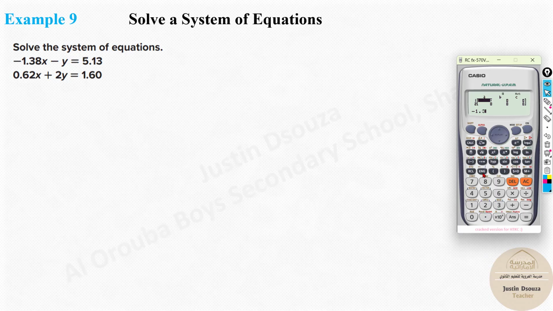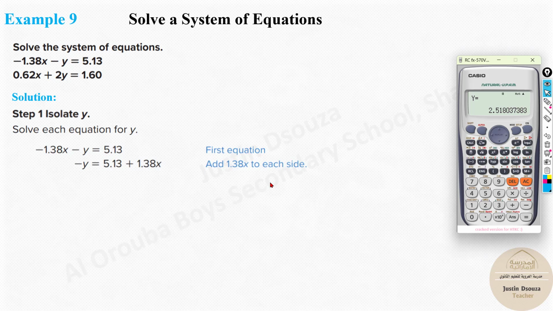Negative 1.38. See, there are lots of numbers after the decimal, so it's very complicated to solve it manually if you're solving it using graphing. So it's much easier to solve it in the calculator. And over here it's minus 1, and lastly we have 5.13, and the next equation is 0.62, y is 2, and lastly we have 1.6, and the answer should be